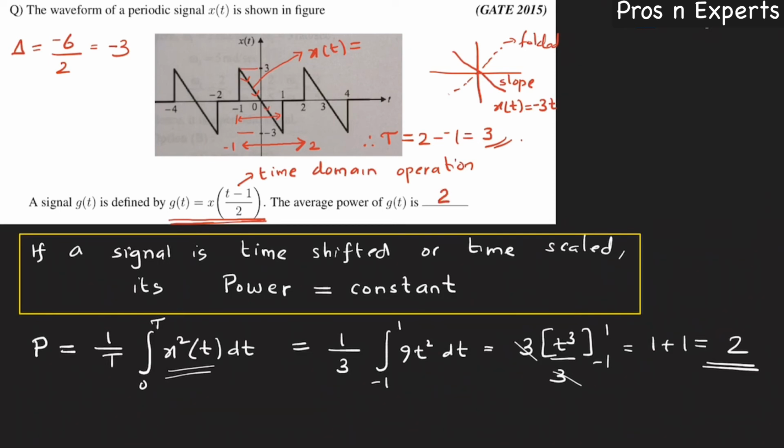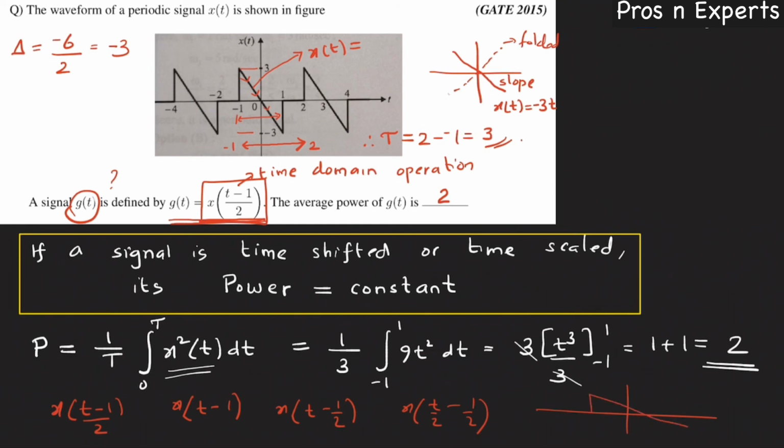Okay, now let me spare some more time on this. What happens if we find out the power of g of t as it is? If we find the power of g of t as it is, that means x of (t minus 1) by 2, what happens? It will be very strenuous. First of all, we have to find out what is x of (t minus 1) by 2. For that, we have to first find x of t minus 1, then find x of t minus half, then find x of t by 2 minus 1 by 2,